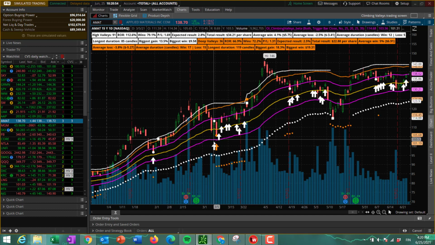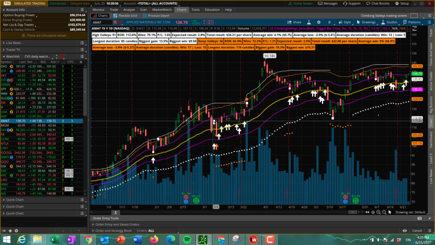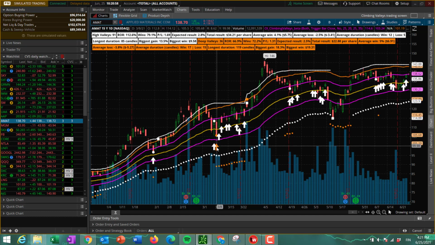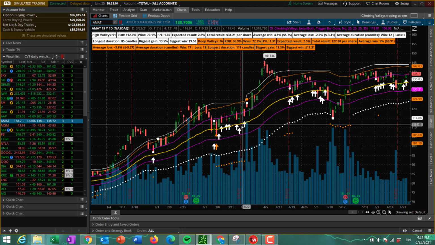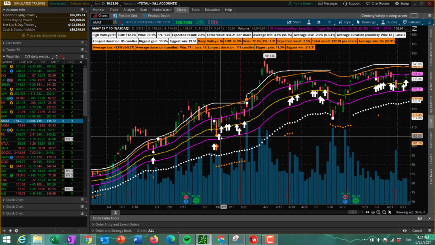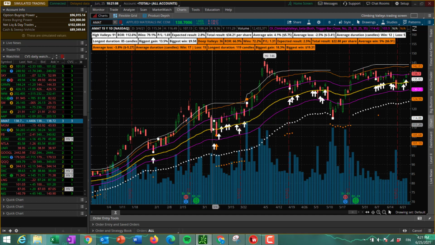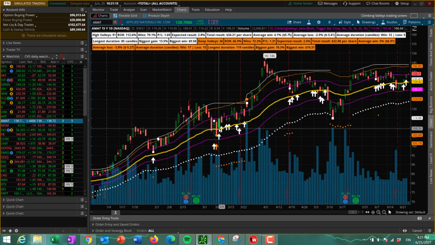The next time there's a white trigger, there's a white dot. An orange trigger, so a deep valley, has an orange dot. There are some other high valleys triggers, but there are no more dots because the trade simulator already took the trade. But if you missed that day, you totally could buy any of these later arrows, because if you trust